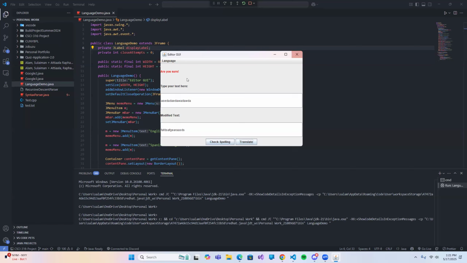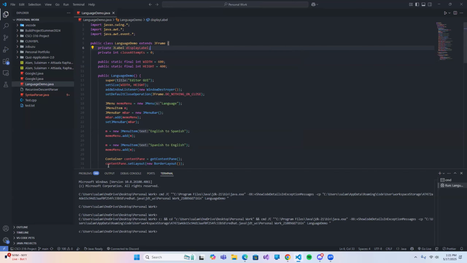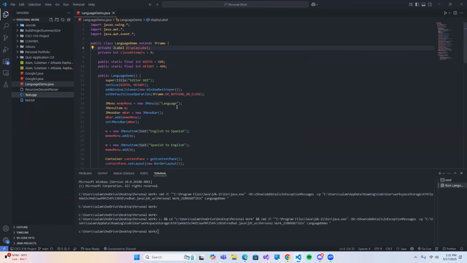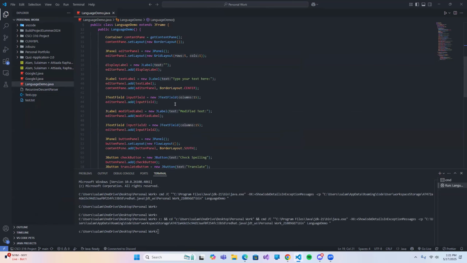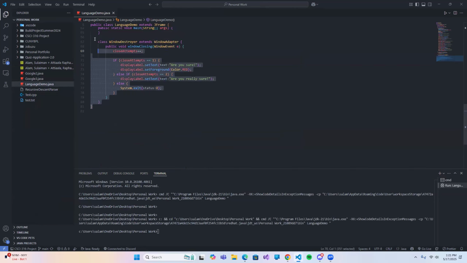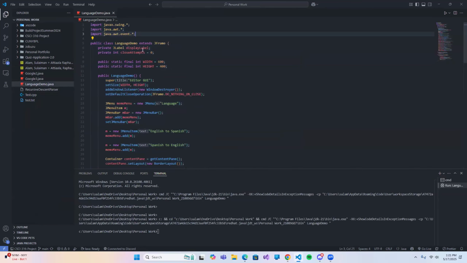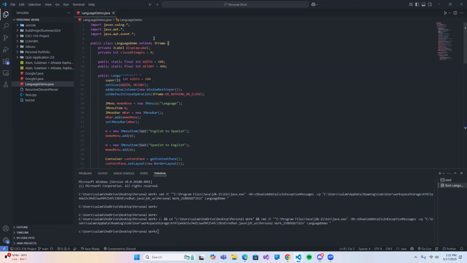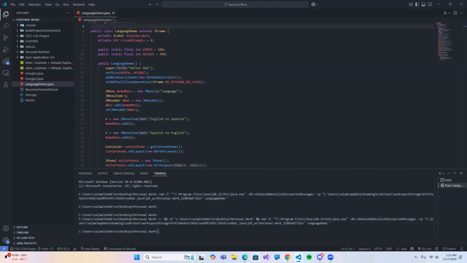So look here, if I click it once, prints, are you sure? Click it again, are you really sure? Third time, it exits. But yeah, so that's pretty much it for that question. It's like 81 lines of code. So it's not bad, but I doubt you might be asked something similar to the next question,